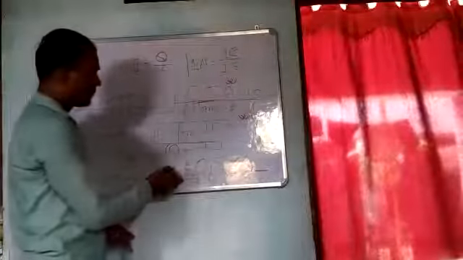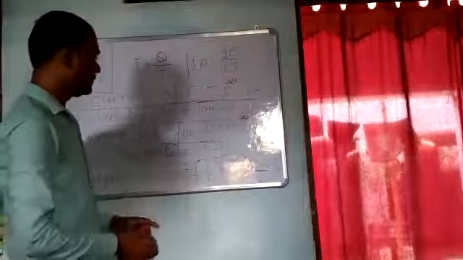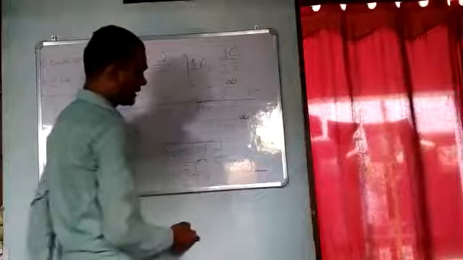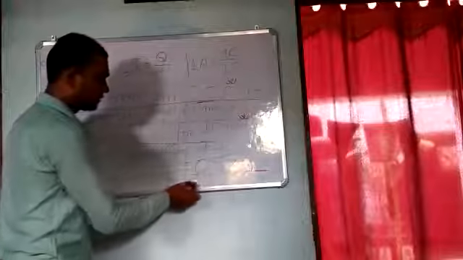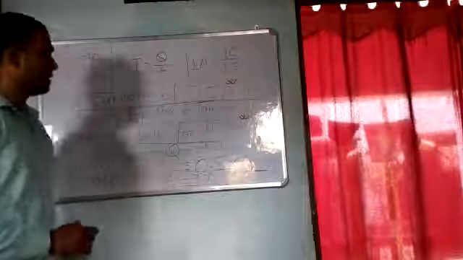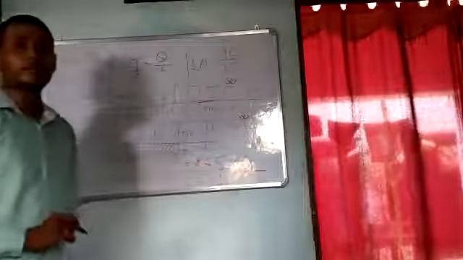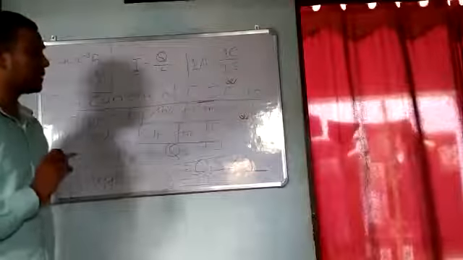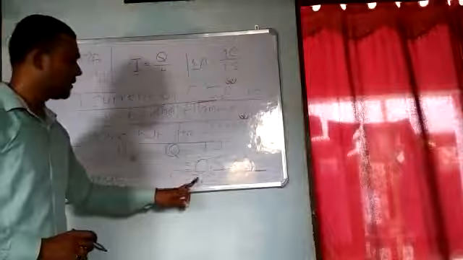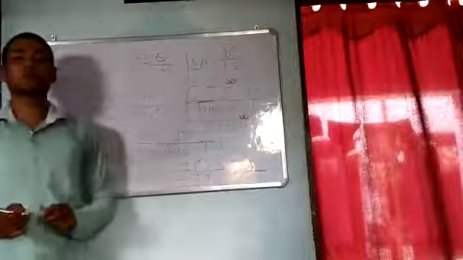We have to write down the appropriate formula. Q equals I into T, so 0.5 ampere multiplied by 600 seconds equals 300 coulomb. This is the required answer: Q equals 300 coulomb. When 0.5 ampere current flows in a circuit for 600 seconds, then 300 coulomb charge flows through the circuit.